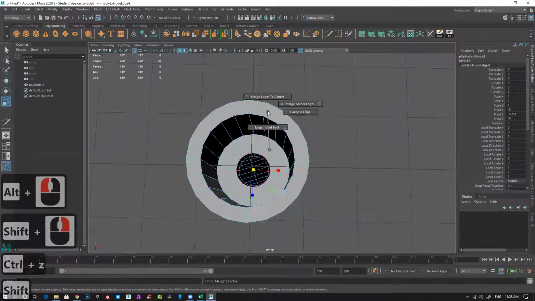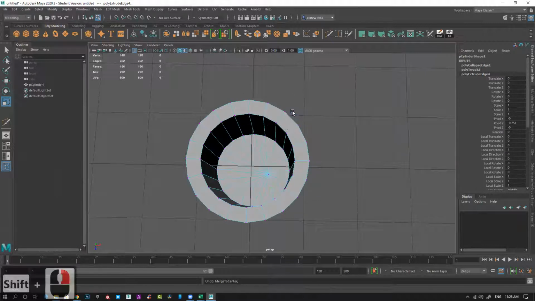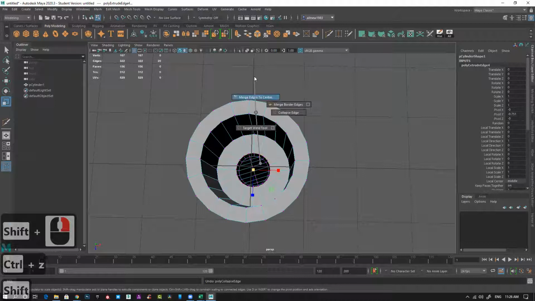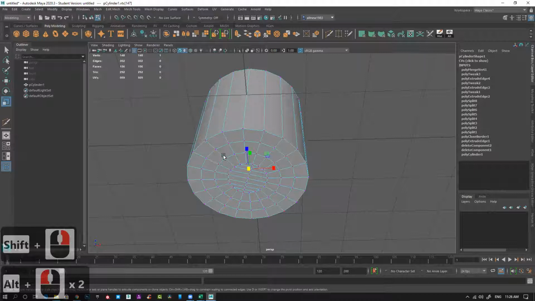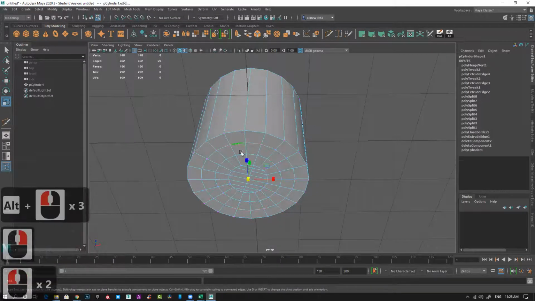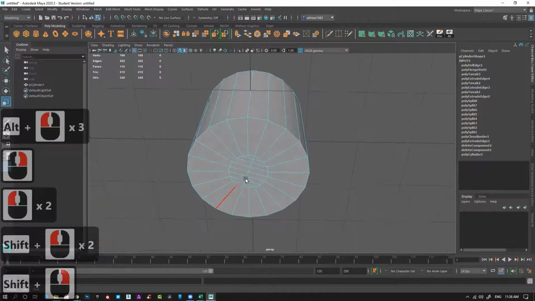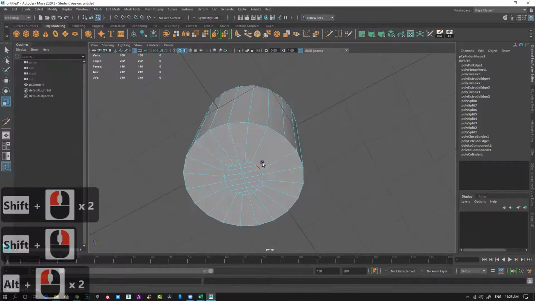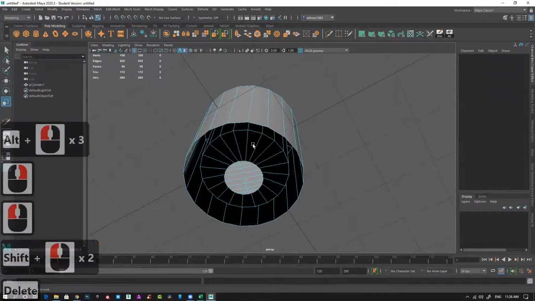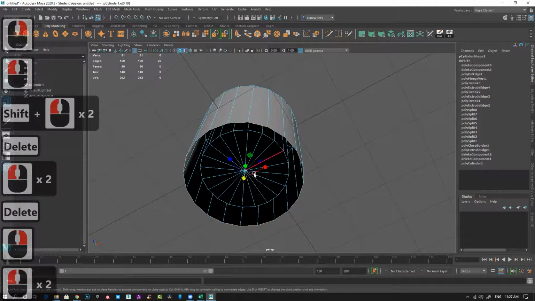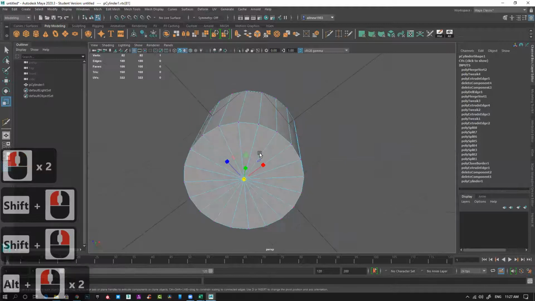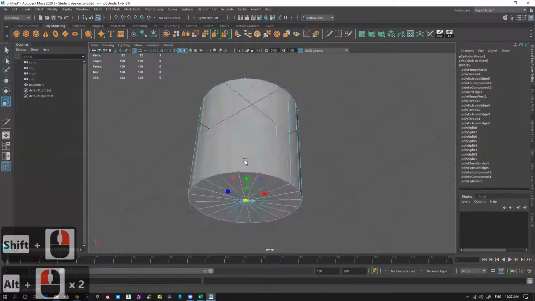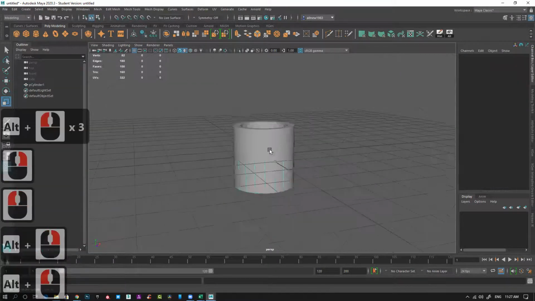Or if I want to merge like this, shift, collapse, merge to center, merge border edge, collapse edge. All these options. Collapse edge does it like this, or collapse to center creates this thing. So I can do any one of them. I'm just showing both the things you can do. You can manage things like this, or delete, or if you want to change this surface, just delete, delete, shift, collapse. This also works perfectly. It should look clean and proper, and keep it like this.